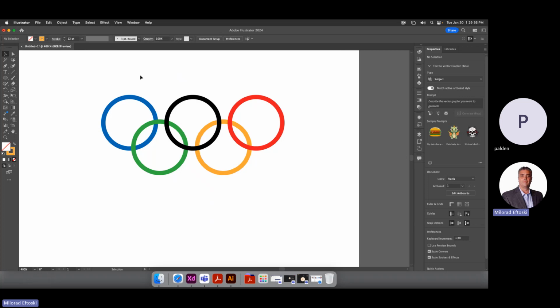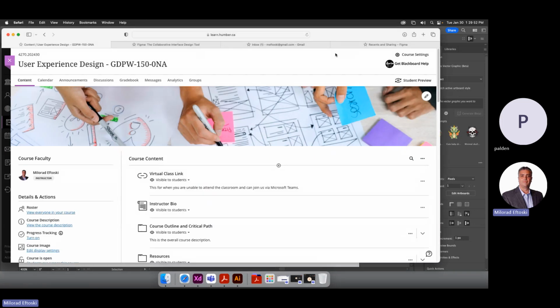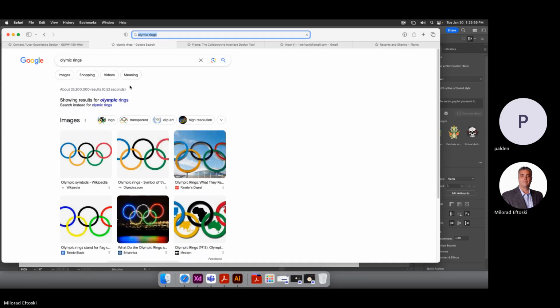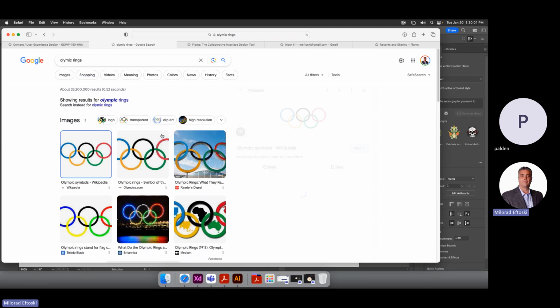So here's my challenge to you, just to get you more into Illustrator. Is this the final logo? What's the real finishing solution here? What's missing? Can you guys see? Is this done? I'll show you a picture of the real rings. Interlocked, right? See, if I show you a picture of the real rings,